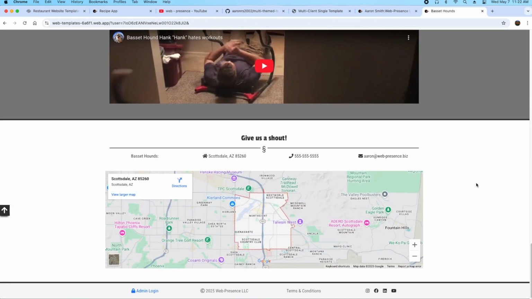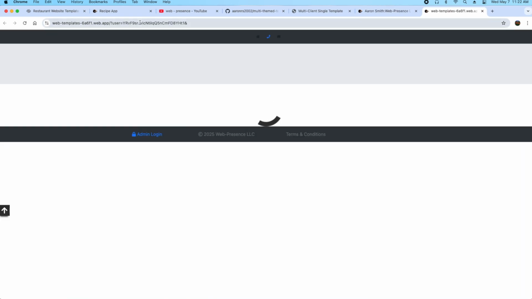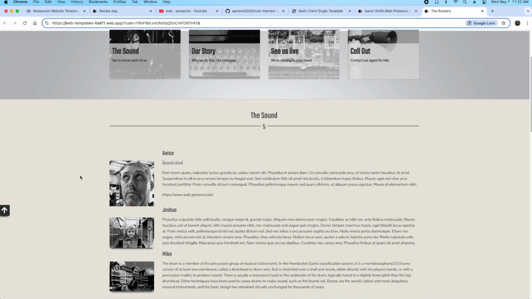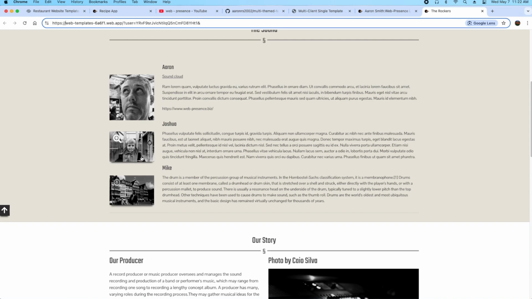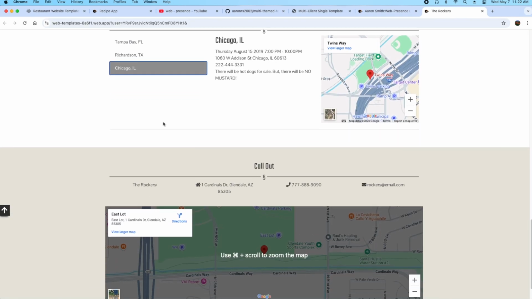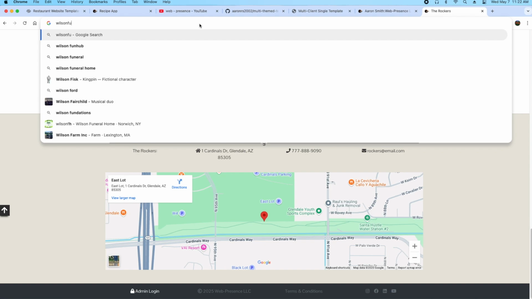Here's their contact information. Now watch this. It's the exact same site with a different ID, and now it's a band. And these are just some details about the band and where they'll be playing and whatnot. But like I said, it's the same website. So if we go to Wilson Fundraiser,